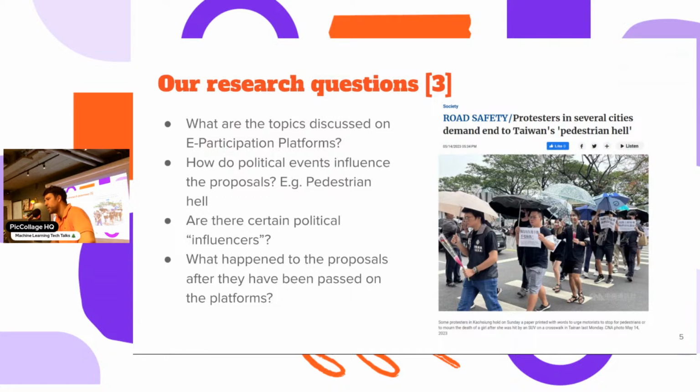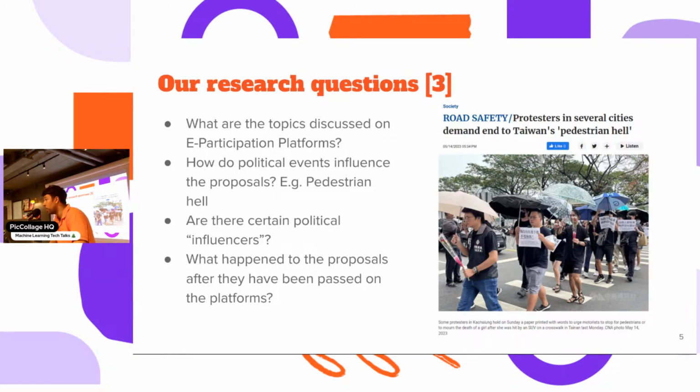Basically we were conducting some research, and we thought maybe from these platforms we can read out some events, for example what kind of events happened in Taiwan. For example, the pedestrian help event, I think this year in spring or last year, I kind of forgot.